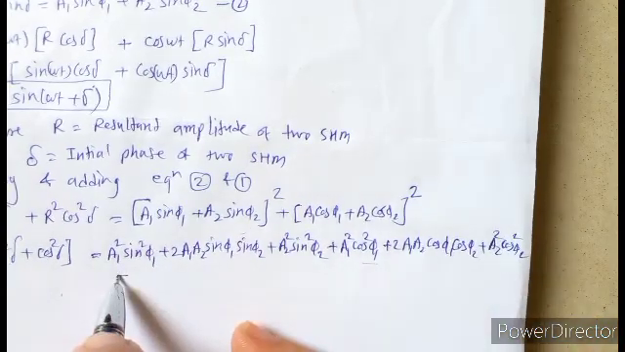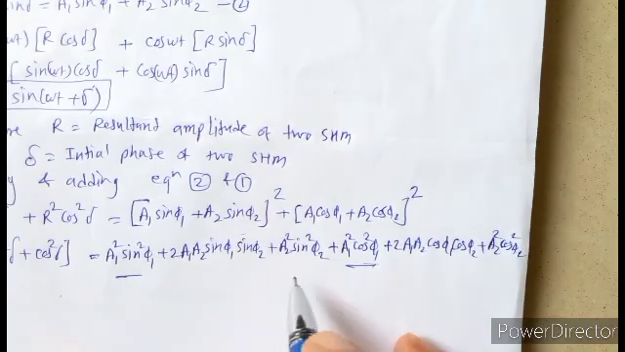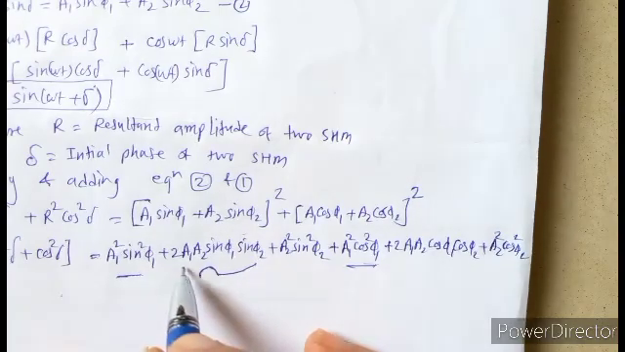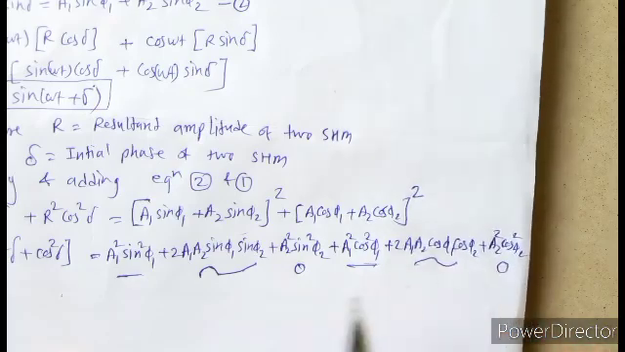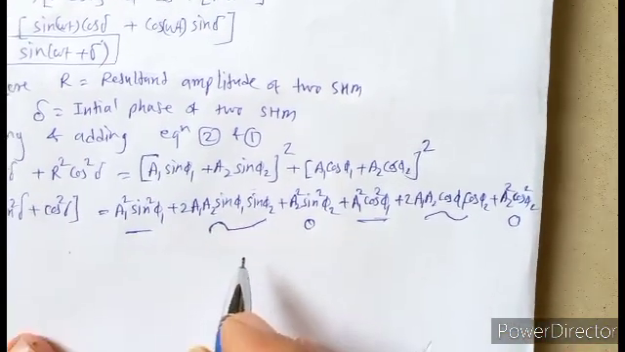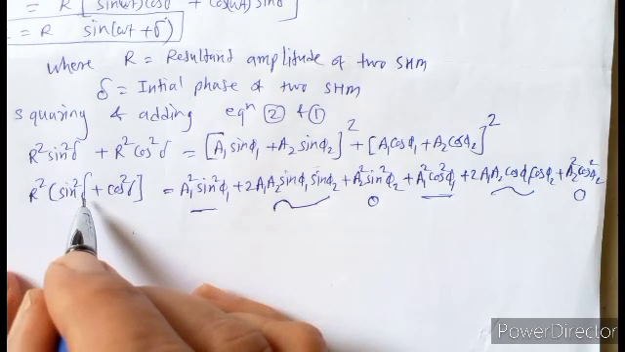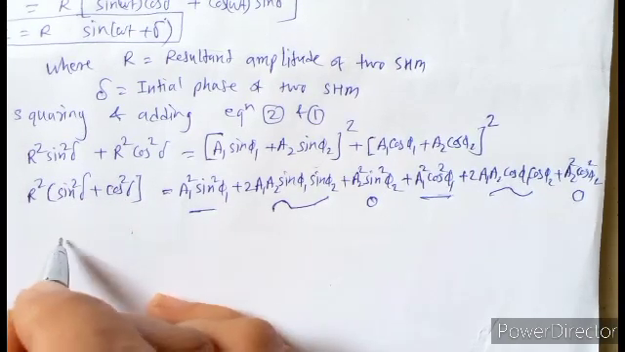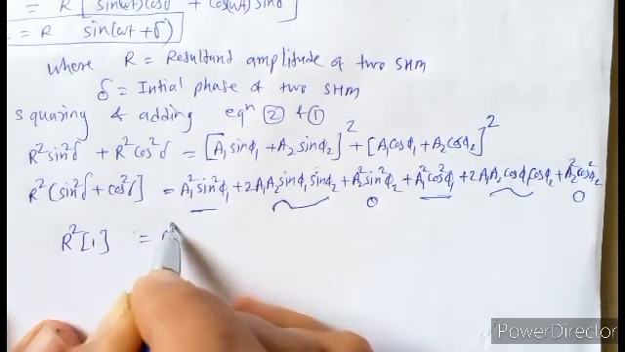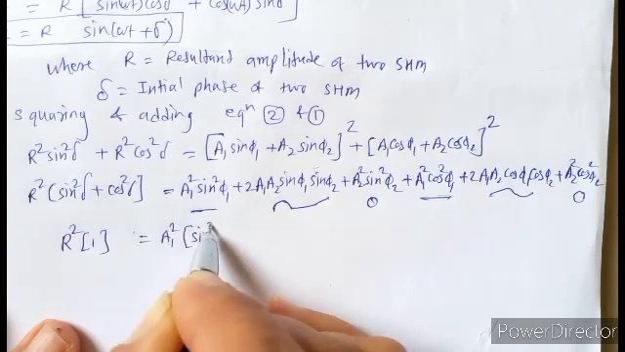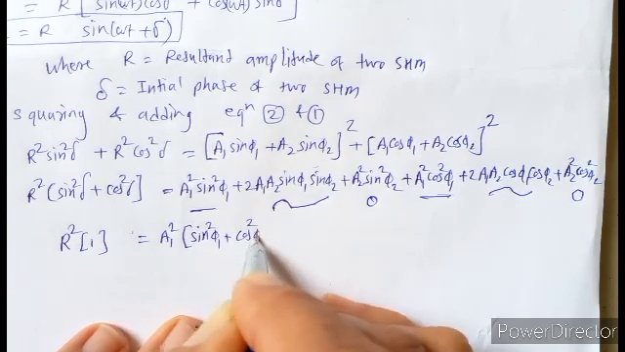See this first term and this second. Take a1 square as common. From this we take 2a1a2 common, and from these two terms we take a2 square as common. On the LHS, the bracket term sin square delta plus cos square delta is 1. So r square into 1 is equal to a1 square (sin square phi 1 plus cos square phi 1)